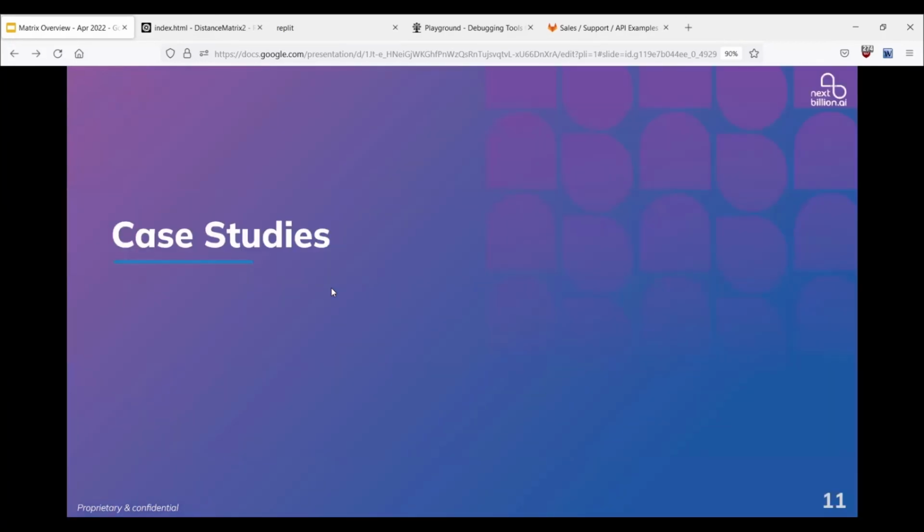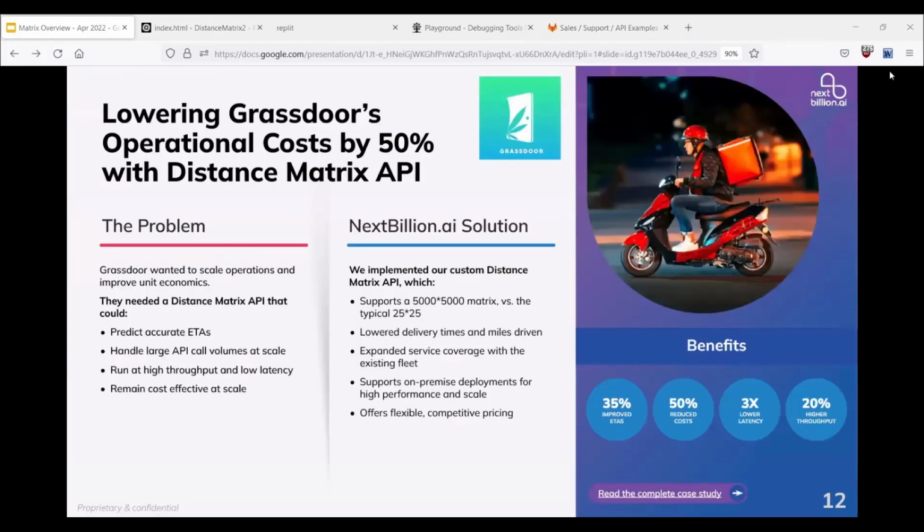So I would want to move ahead and discuss a case study of one of our customers, Grassdoor, with you. Grassdoor is one of our largest customers, founded in 2018. It aims to be the Uber of cannabis delivery. They operate in Los Angeles and Southern California. Grassdoor offers on-demand and scheduled deliveries, and one of their key promises is to provide same-day deliveries in under 45 minutes to cater to all